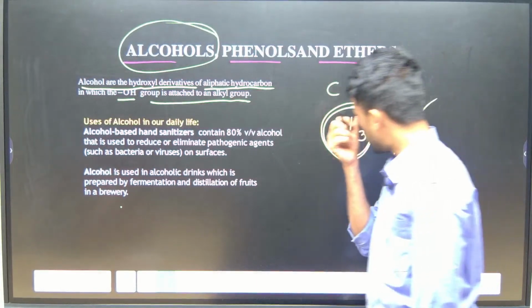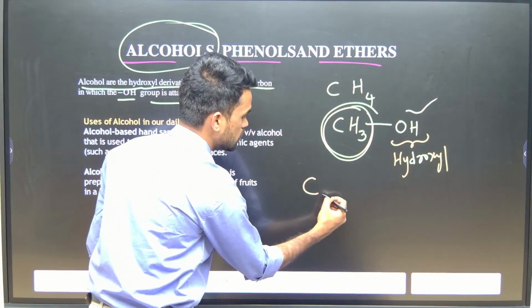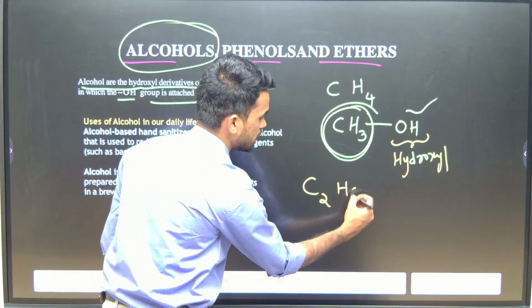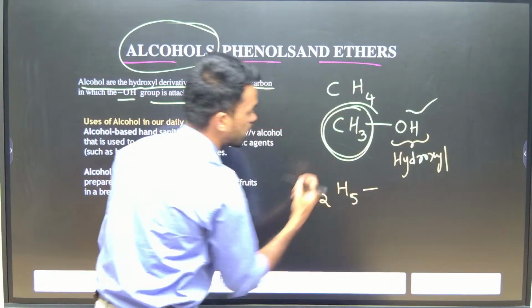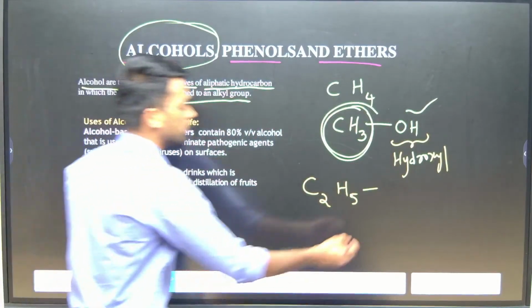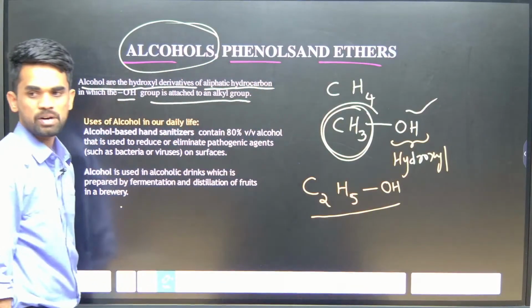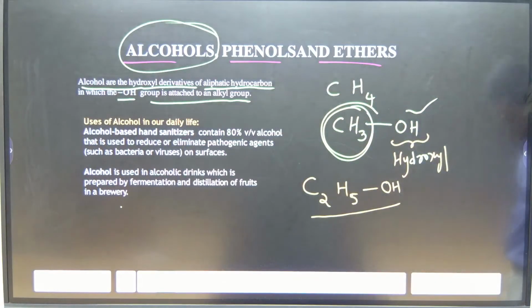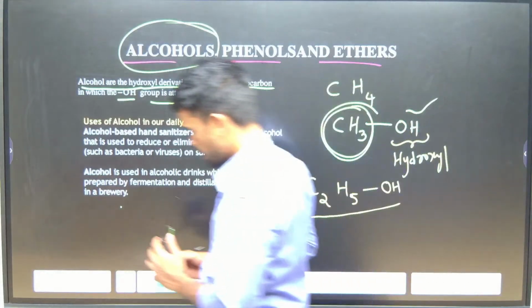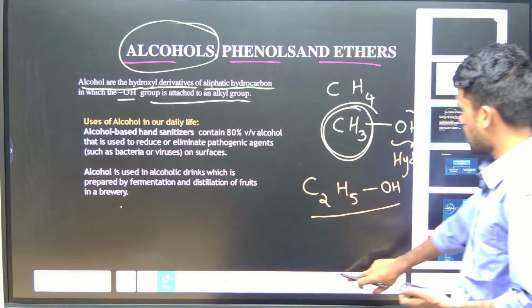Now one more example you can see. Methyl is over; next, ethyl. The ethane formula is C2H6, but if I write C2H5 you should call it ethyl. To this ethyl group I am adding OH. So what is the name of this compound? Ethyl alcohol. Okay, so just try to write the names for a few more compounds which I am going to write